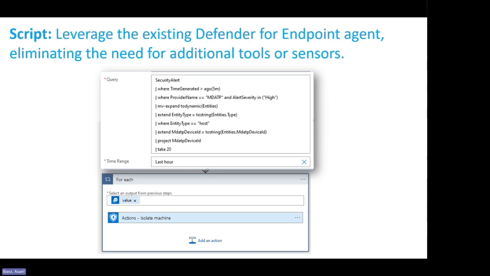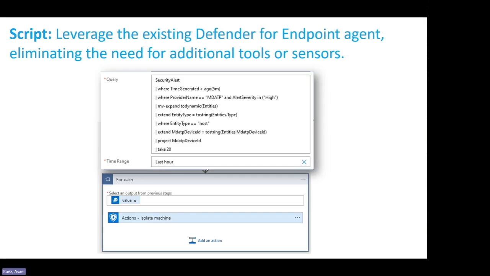We set it up to 20 because we didn't want the whole network isolated. If 20 devices get isolated, then we know that really something has happened, because it has to have a high alert here.